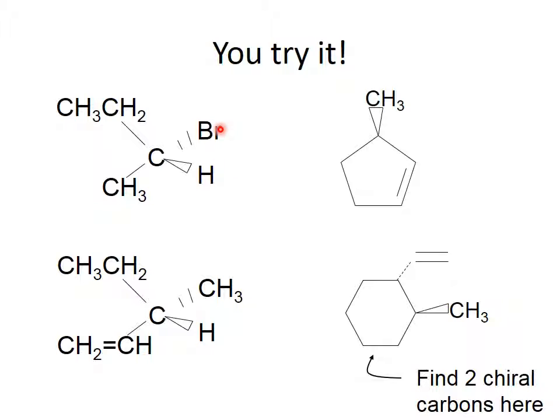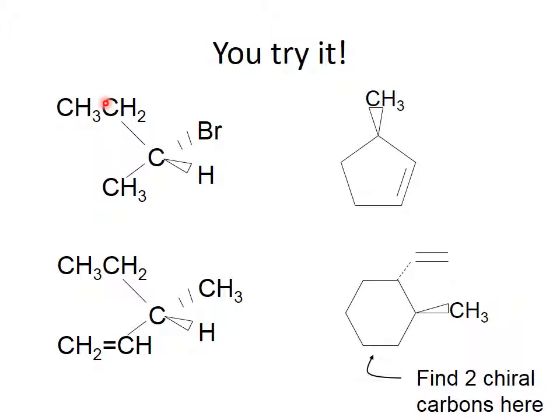So what we're going to do is say the hydrogen's coming out, and it's supposed to be going to the back. So if I assign priorities to the remaining groups and look at the rotation, I actually have to flip the configuration to get the right one, because I would have to flip the hydrogen back to get